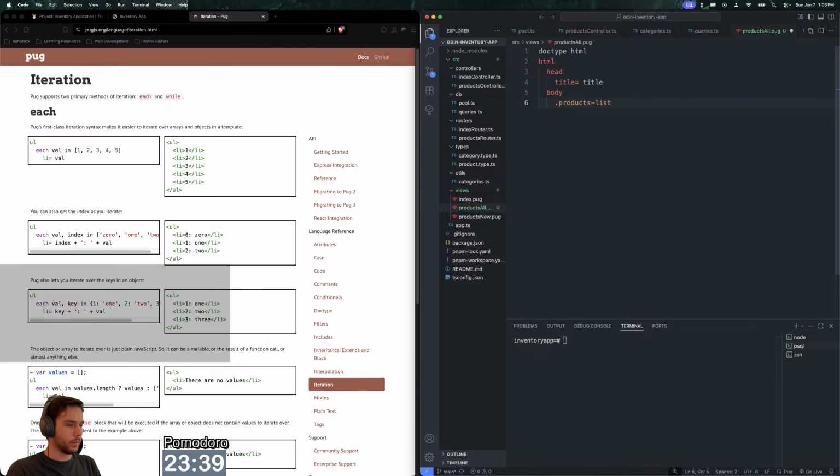So I might actually do this as a UL, and then we'll say each val in products or something, and then we'll have an li, product item, then underneath that we'll have a heading that will be val.name, and then val.description, and then the category, right, which we need to actually resolve